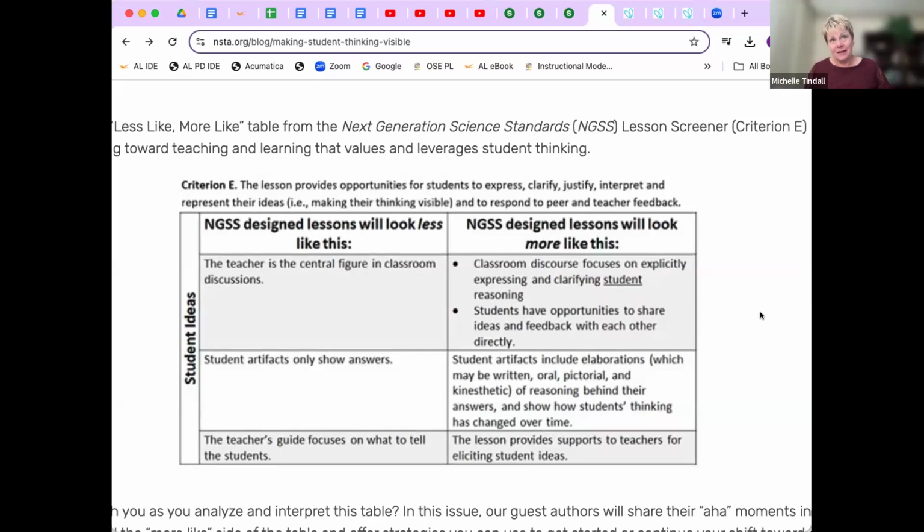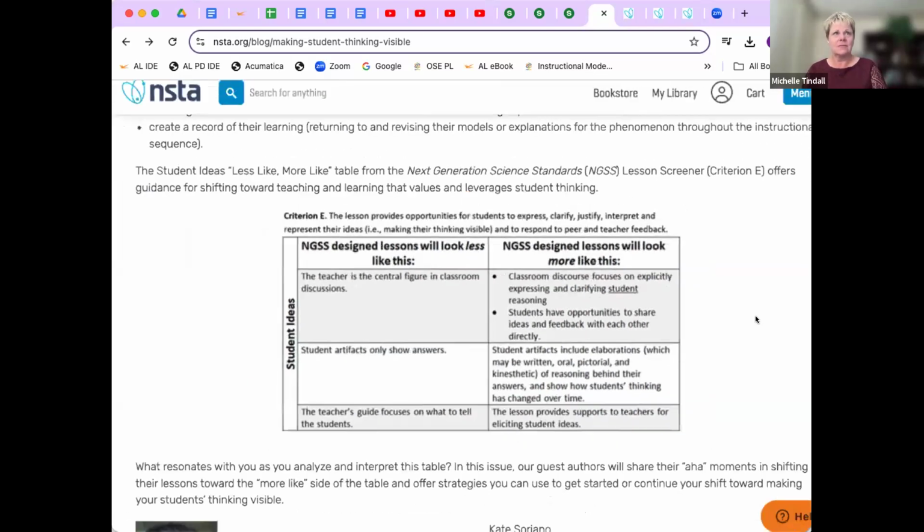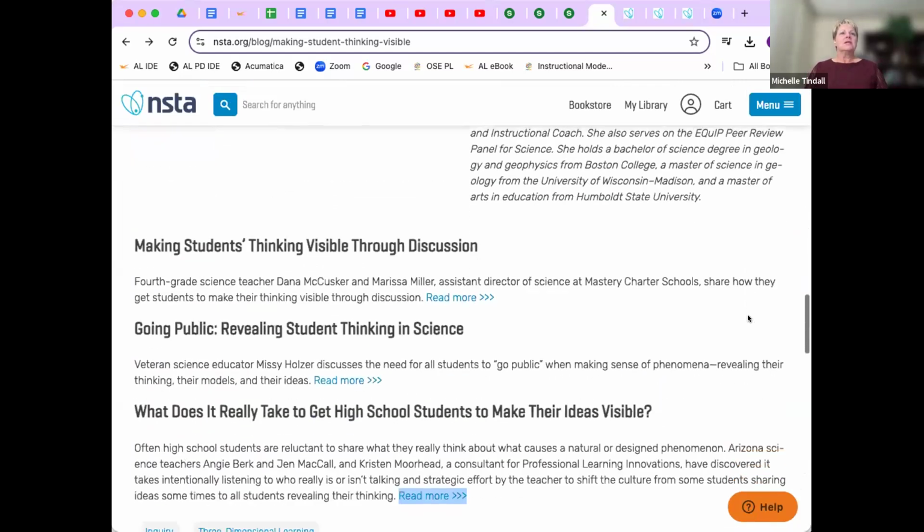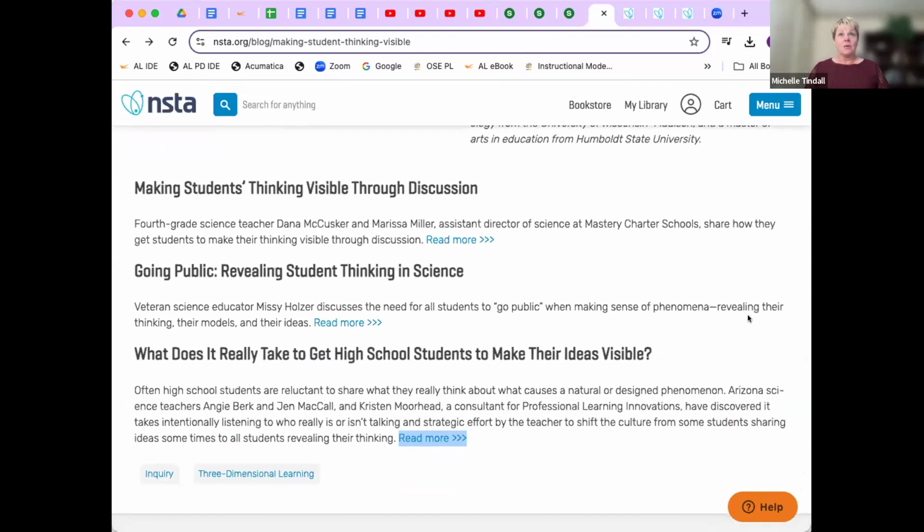The student artifacts are many and rich, right? And it shows their reasoning behind their answers. It lets them have lots of opportunities to show their thinking over time. And then the lesson provides support to teachers for eliciting the student ideas. So great. So then when we are taking a look at the discussions,